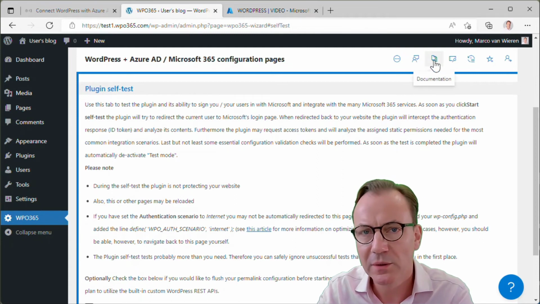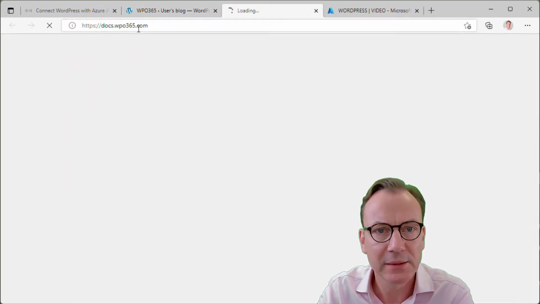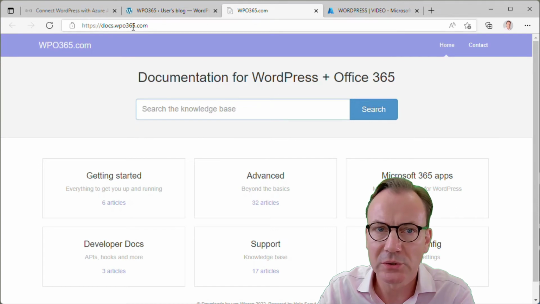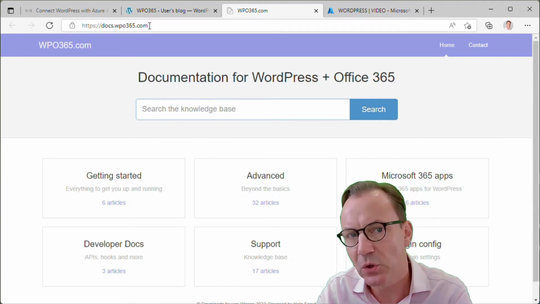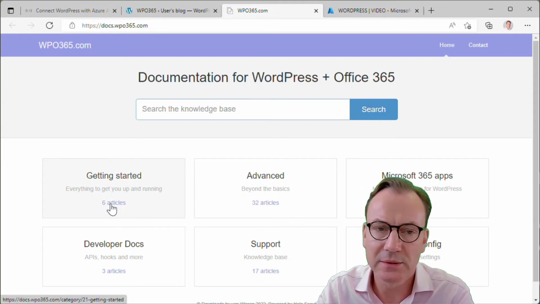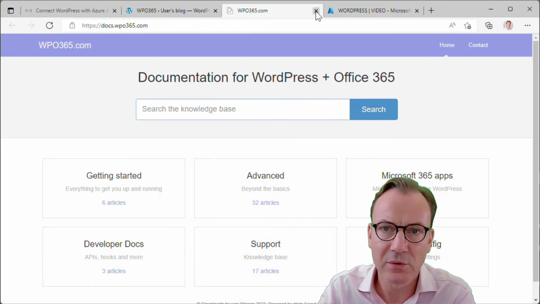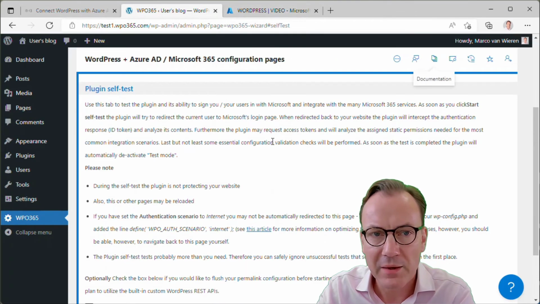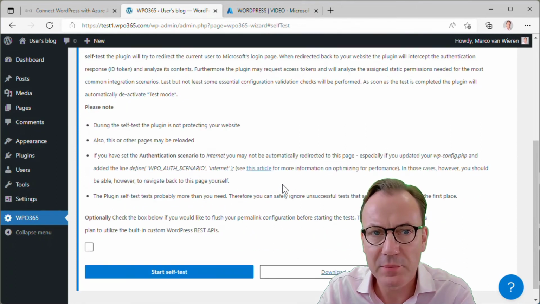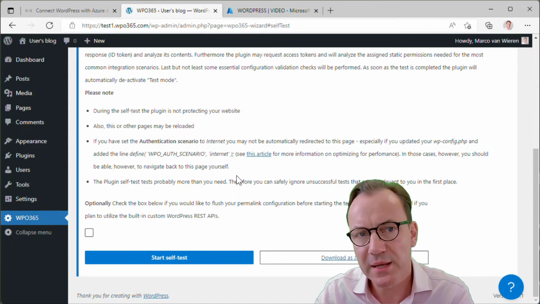the support toolbar here, and here you find a link for documentation, and if you click that, you'll be taken to the docs.wpo365.com website, and here you'll find all the getting started documentation, but also advanced topics, information for developer support and plugin configuration. Having said that, we are now at the plugin self-test page, and the plugin self-test performs a system